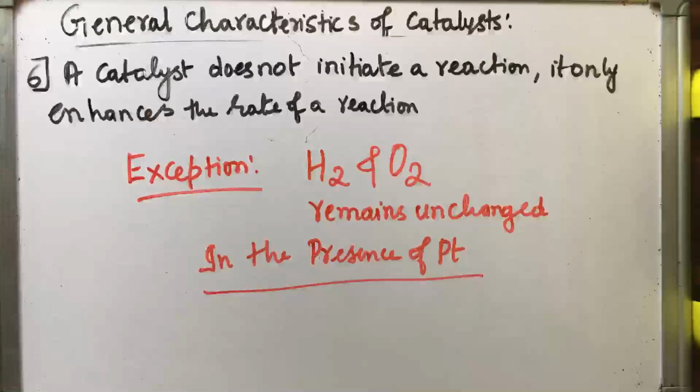Third point that we have studied was that an extremely small amount of catalyst causes a considerable increase in the rate of the reaction. In the example I gave you, for the decomposition of hydrogen peroxide, colloidal platinum in the order of 10 to the power of -8 molar would be sufficient. Another example of the high efficiency of a catalyst: one molecule of an enzyme can decompose 5 million molecules of hydrogen peroxide in 1 minute.